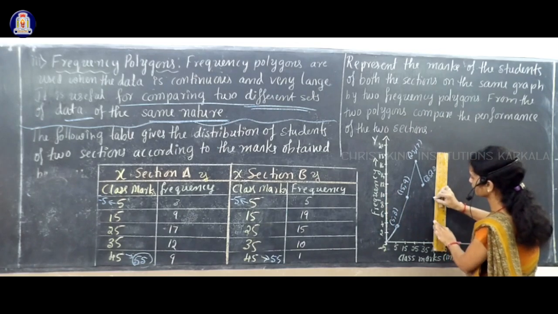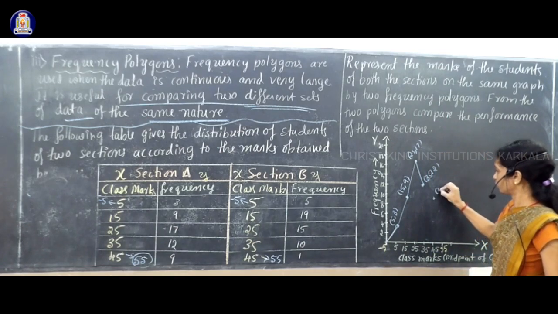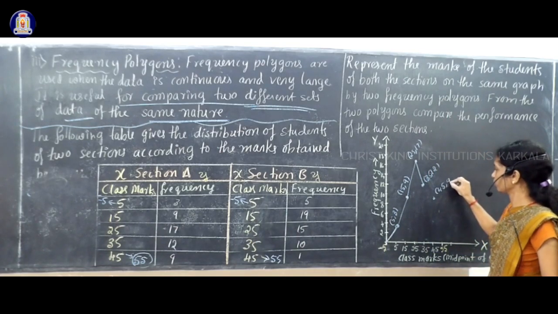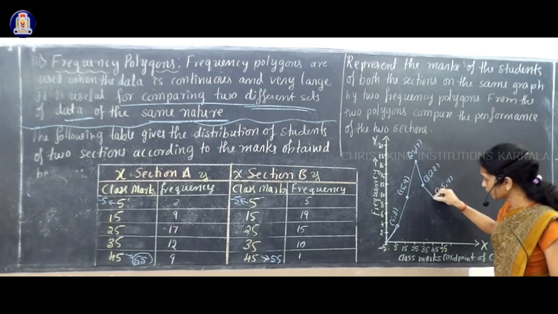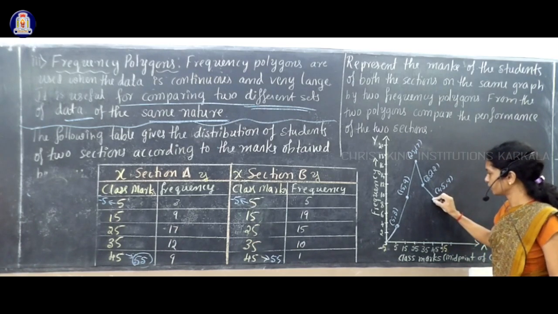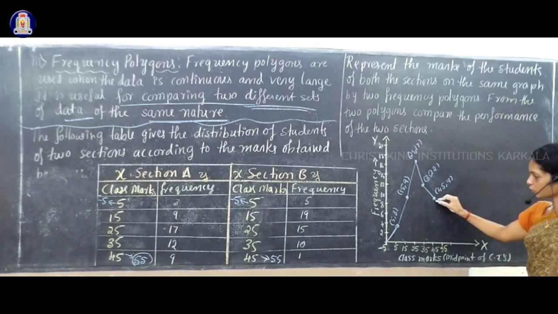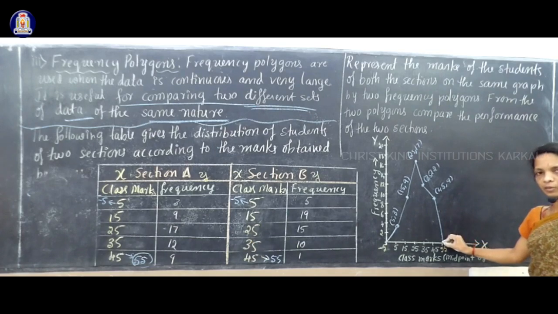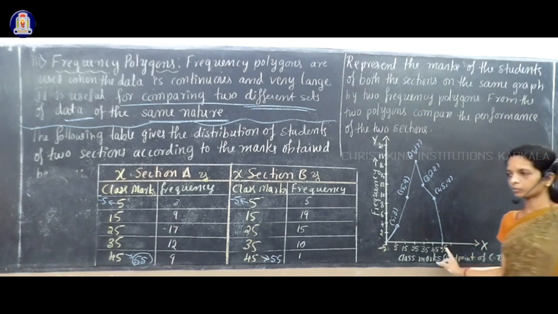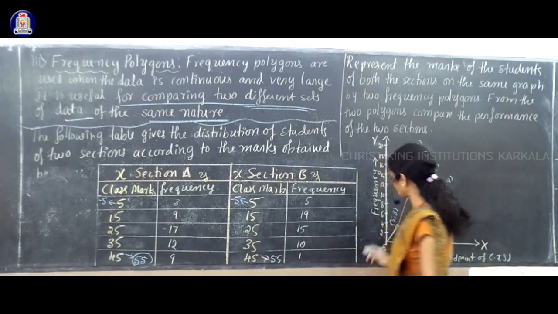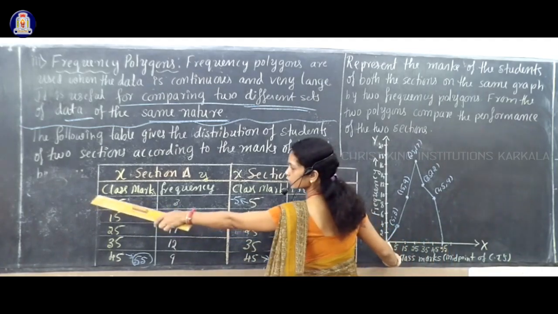Okay. Somewhere here. And this is point 45, 9. Why? Because at 45 we moved up to 9. Okay. Join that with the previous point. And this is actually the last point in the table. Then the last point you have to join with the class mark 55. So for that reason we need a next class mark after the last class mark. And the first point we have to join with the previous class mark of the first class mark.